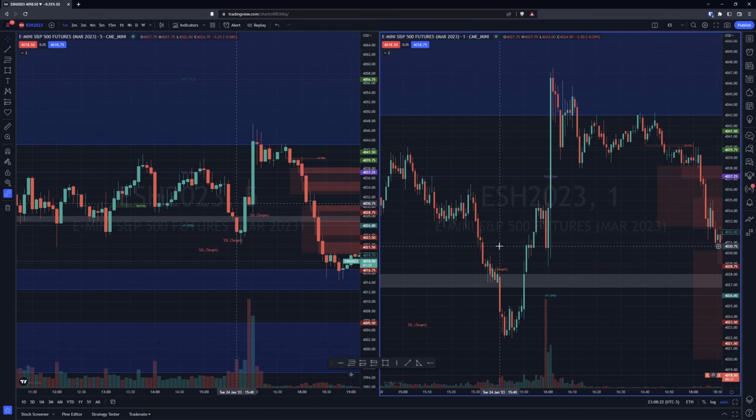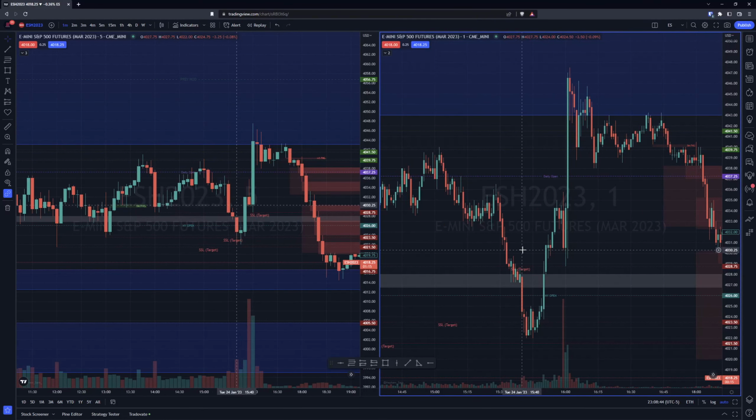So yeah, more experience with chop days. Can't say it was fun, but hopefully it will pay off in the long run. The more I see of this, the more I learn how to either avoid it altogether or get a couple scalps in here and there. But interesting day. Please comment if you have any insight. I would love to hear from people that have been studying ICT for longer than me.